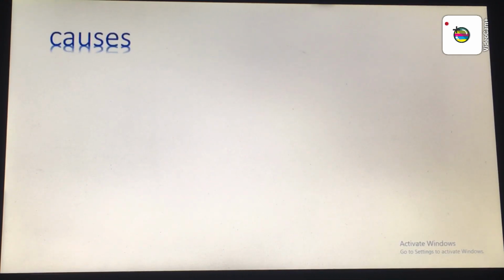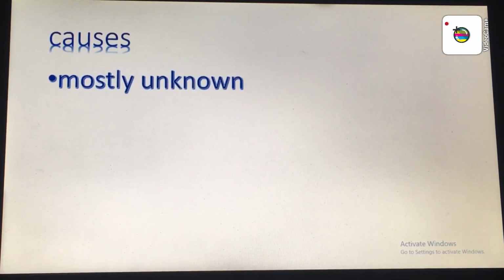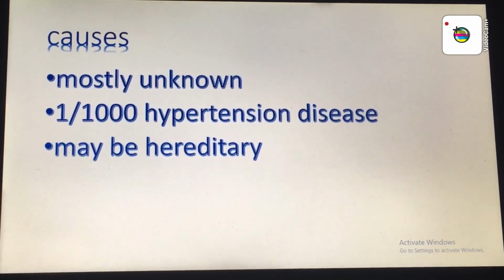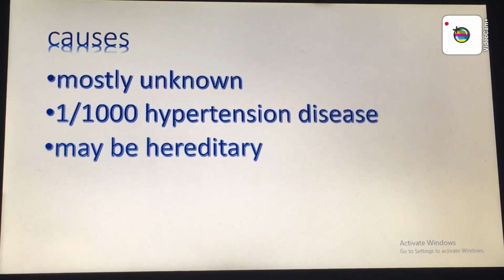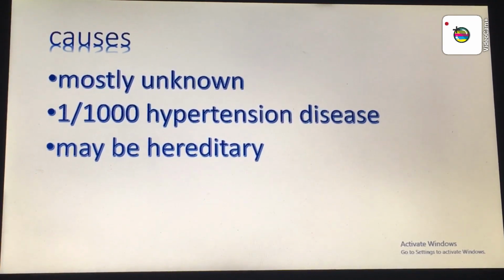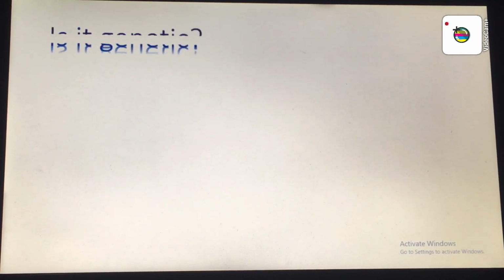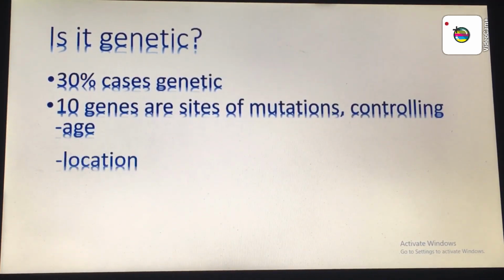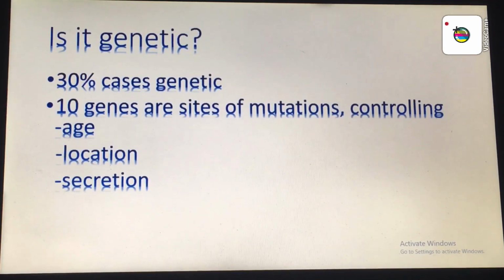The cause of this tumor is mostly unknown, but 1 in 1000 hypertensive patients can have the disease, okay, and it may be hereditary. So if this type of tumor is hereditary, is it genetic? 30% of cases are genetic, and researchers